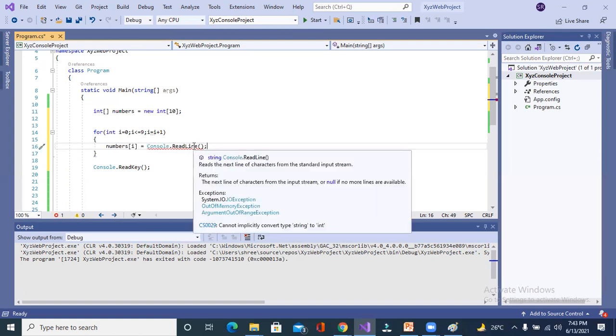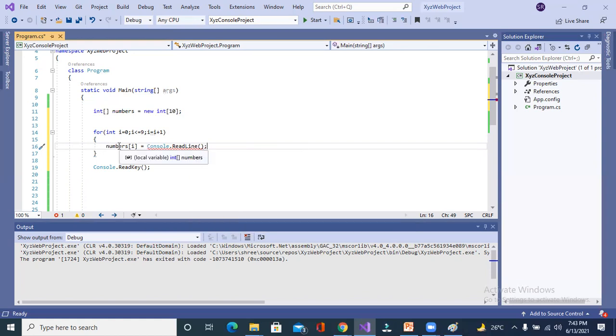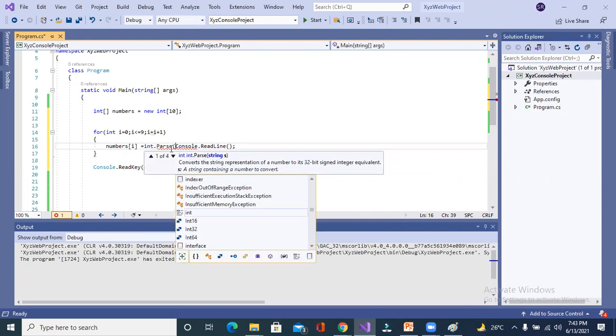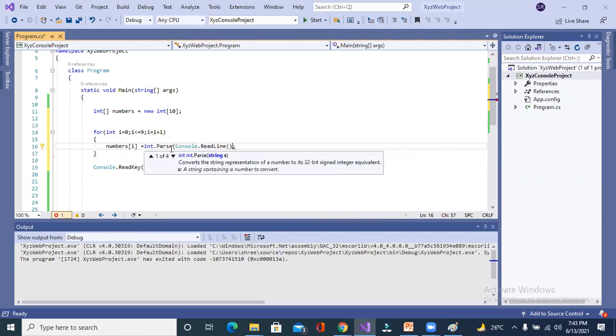Console.ReadLine is returning a string, but the number is of type integer. You have to perform typecasting. The way of typecasting, to convert from string to number, is int.Parse. Okay.